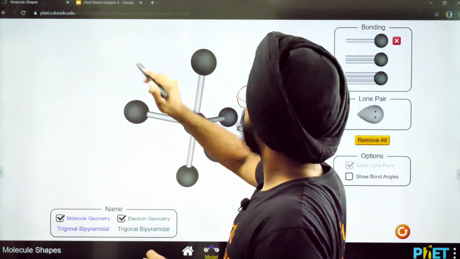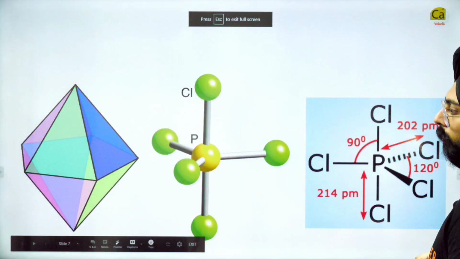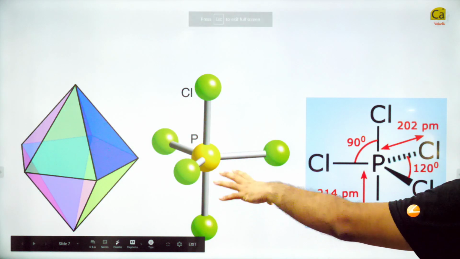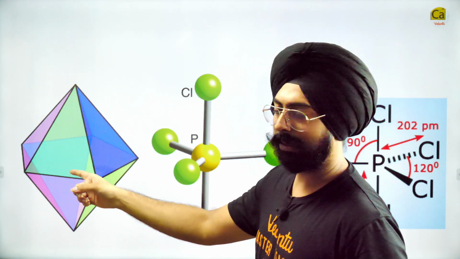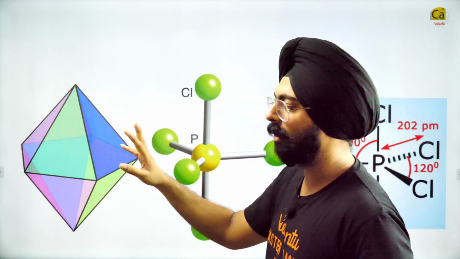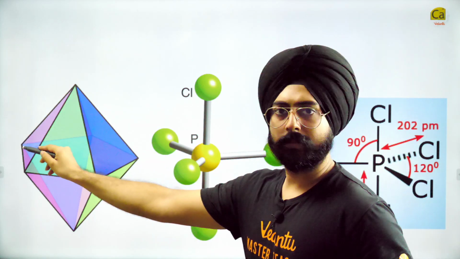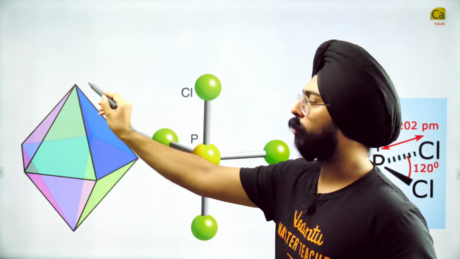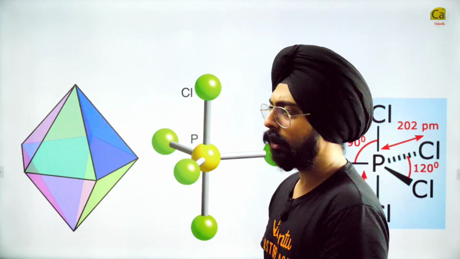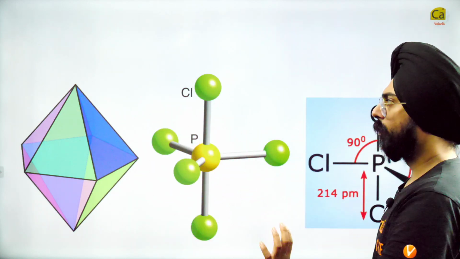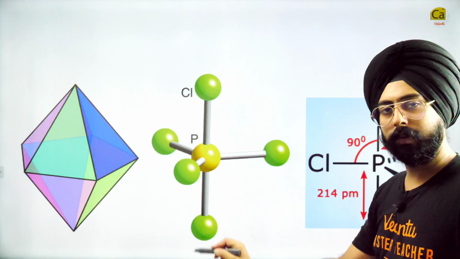One second. Look at this. Can you see? Trigonal bipyramidal kind of a shape. This diagram is wrong. This diagram is for a pentagonal bipyramidal. Once again, same concept. Over here at the base, you can see a pentagon. Can you see a pentagon at the base? One protrusion on the top, one protrusion on the bottom. So we will call this pentagonal bipyramidal. This is something that we'll discuss later. Over here, trigonal bipyramidal. Okay, two pyramids, one pyramid on top, one pyramid at the bottom.